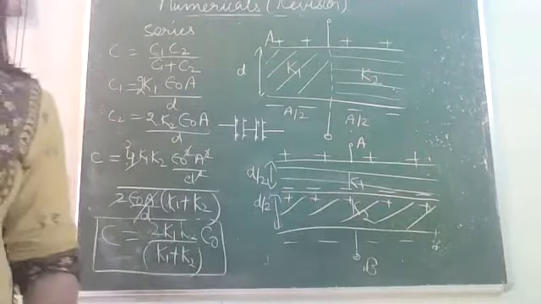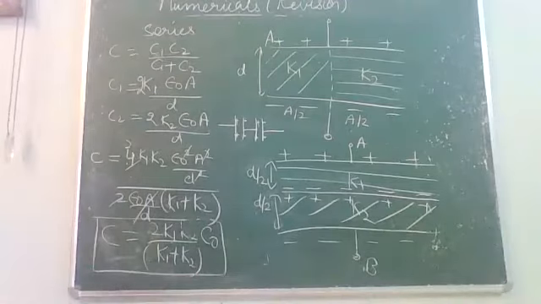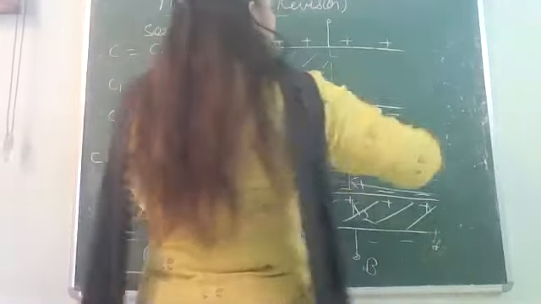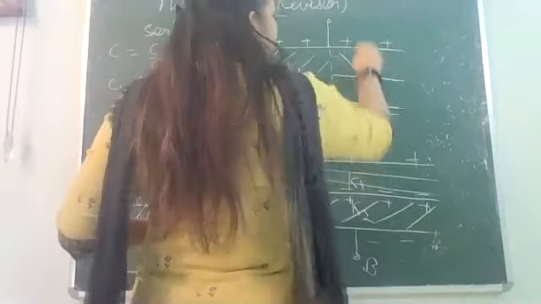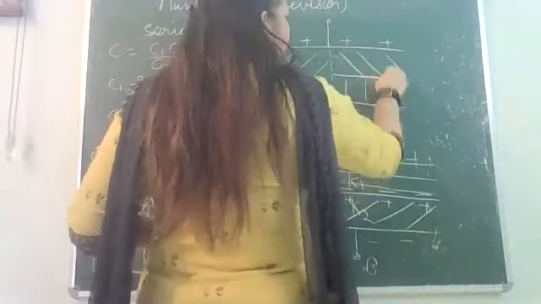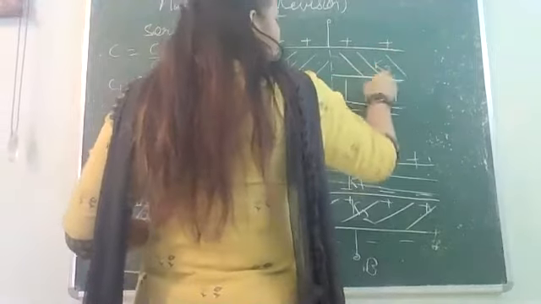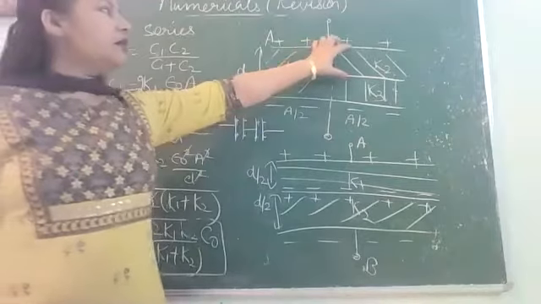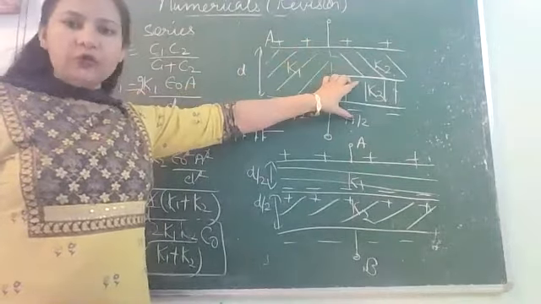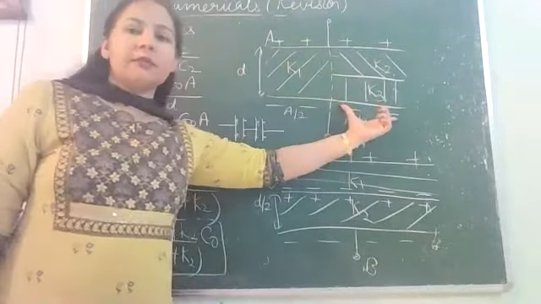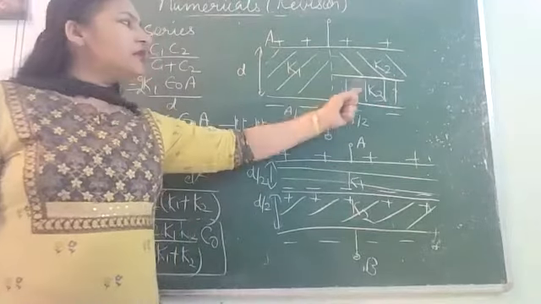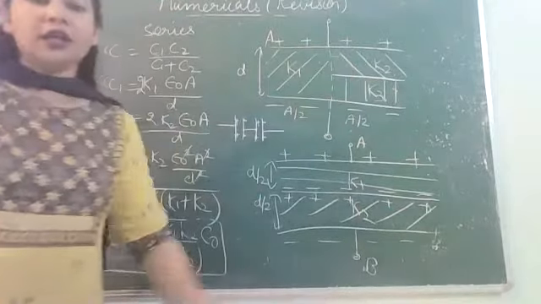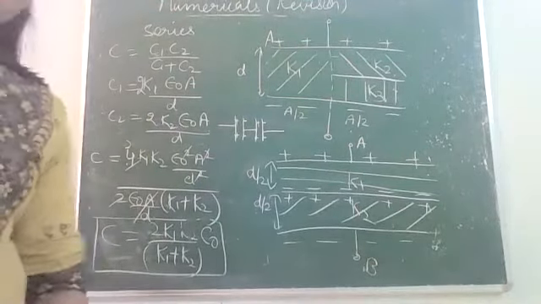Okay ma'am. Now we have some questions of this type also, like three dielectrics that fill the space. So accordingly you can do these types of questions also. So here D by 2 will also be there and A will also be A by 2. So these two will be in series and then this combination will be in parallel with this.